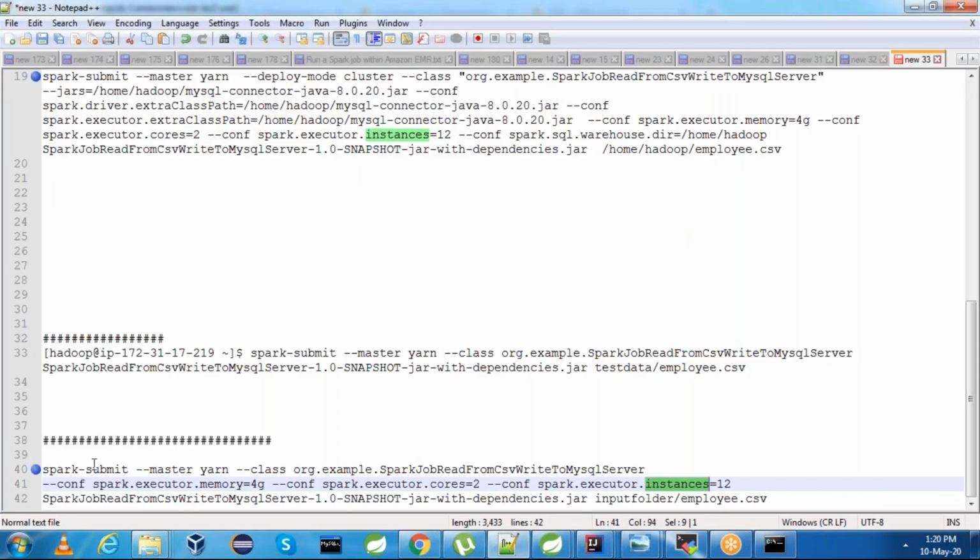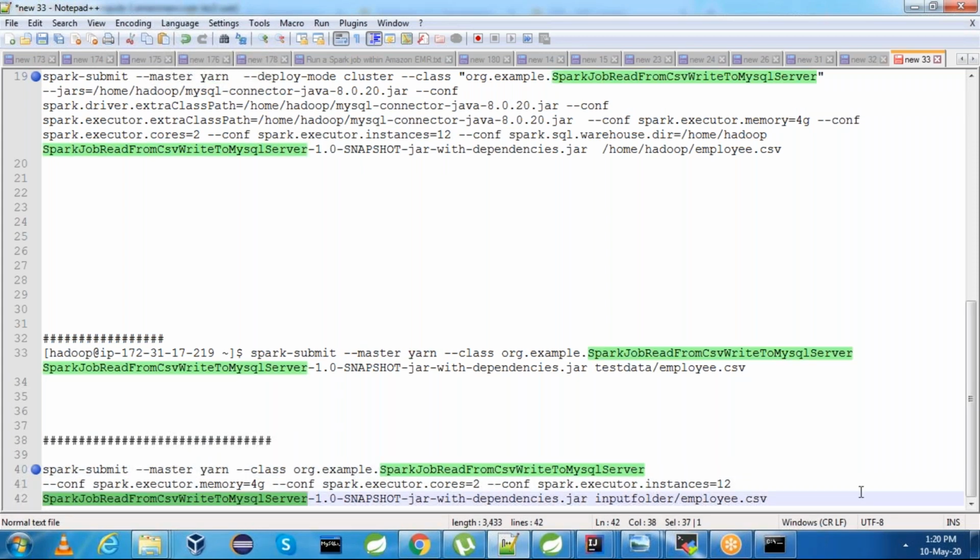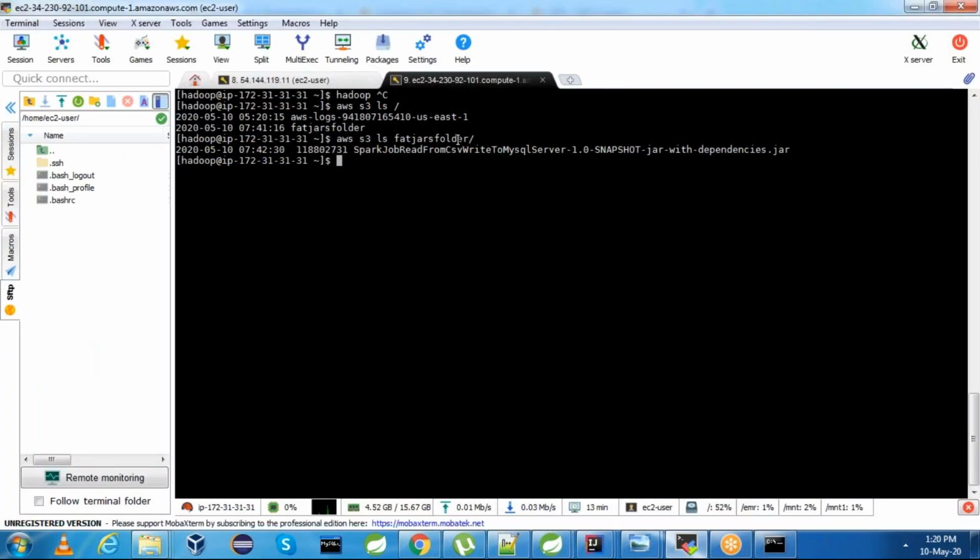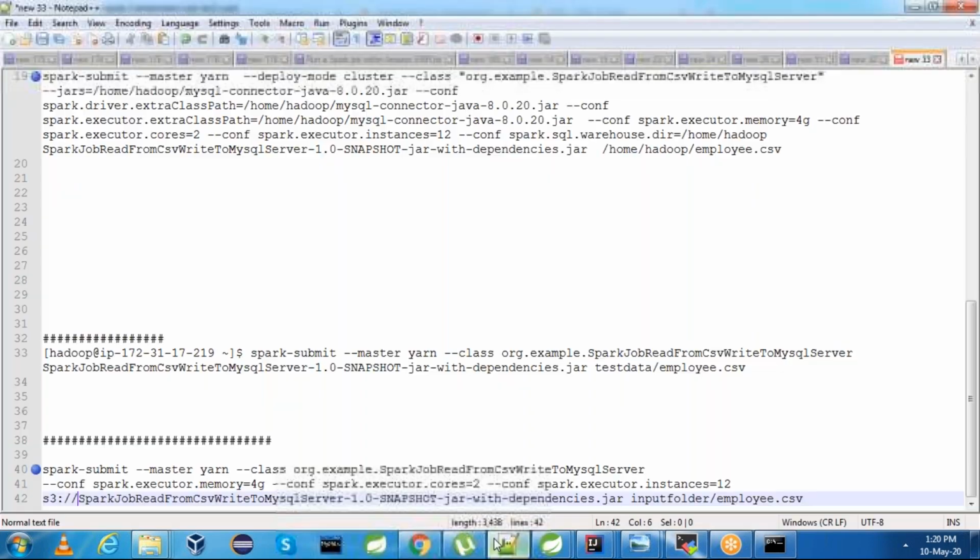I launch the Spark submit command. spark-submit --master is yarn --class is this. As this is the fat jar, and it is located under S3, we will give s3:// this bucket name. Okay, this is the one. Okay, let us launch this command.